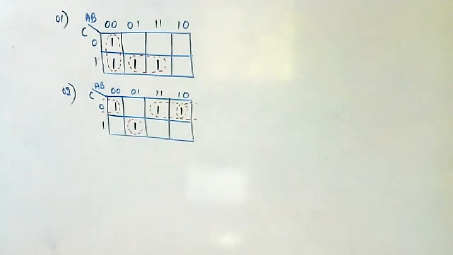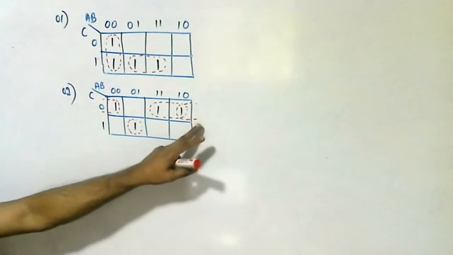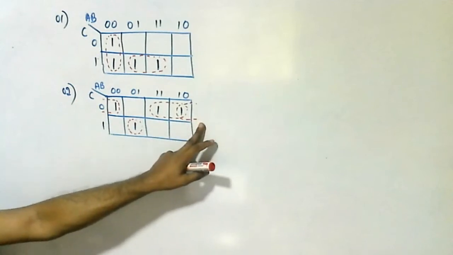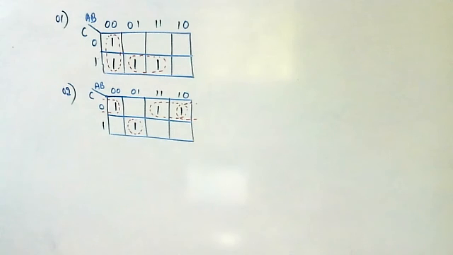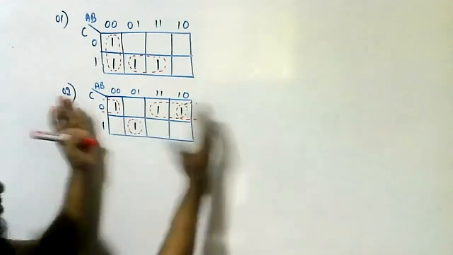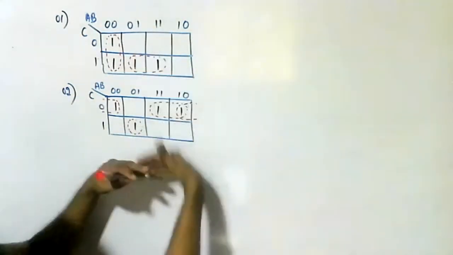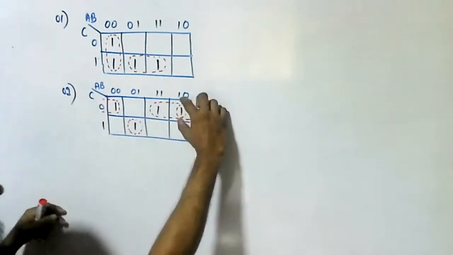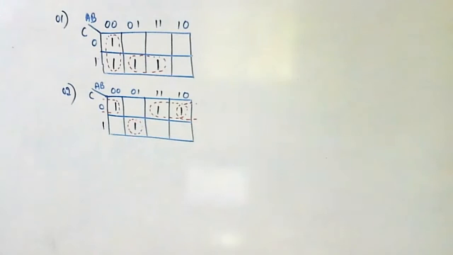Those who got correct, please raise your hand, students. Most of you, I think you didn't consider this. Because the corner map is wrapped around left to right, top to bottom, it is wrapped around. So you have to concentrate on this. In this situation, we can take the most right corner one with the most left corner one because it is wrapped around. Right. I'm coming to the third one.